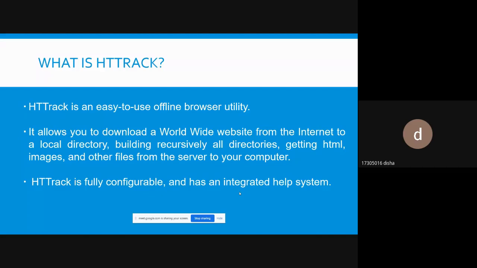Now, there is one basic command line version of HTTrack and two graphical user interface versions of HTTrack: WinHTTrack and WebHTTrack. WinHTTrack is the Windows release of HTTrack and WebHTTrack is the Linux release of HTTrack. Now we will be demonstrating our experiment on Windows. Now I hand over to Dheeraj.